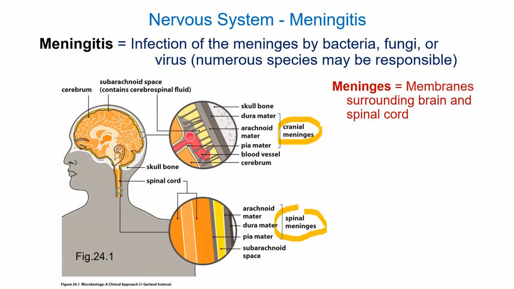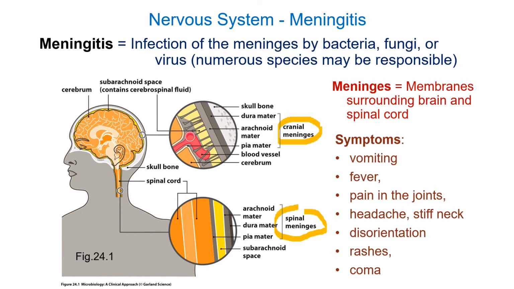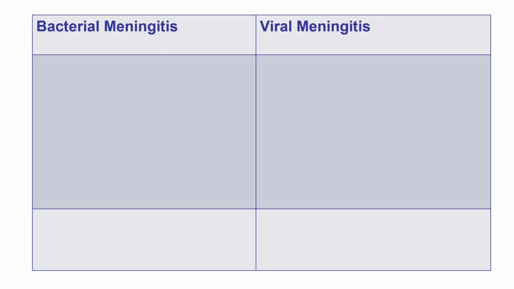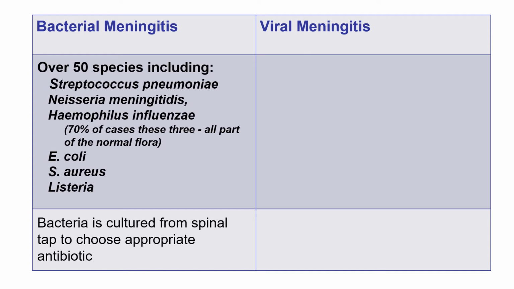When they get inflamed, it can lead to a variety of symptoms. You can see the symptoms include vomiting, fever, pain in the joints, headache, stiff neck, disorientation, sometimes rashes. That's interesting. And in severe cases, coma. So what is the cause of meningitis? Turns out there are many, many causes. As long as a bacteria or virus can get in there and affect those tissues and cause inflammation, it can cause meningitis. So bacterial causes, you can see over 50 species,